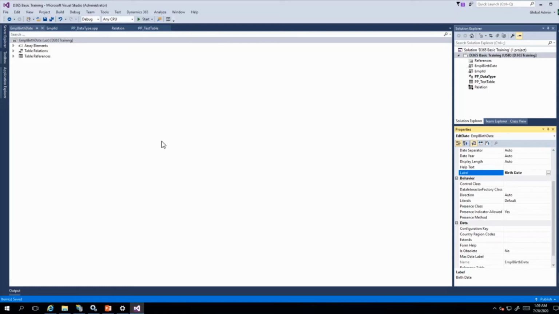It is very easy to read code if you use the EDT. Instead of int, I have created employee ID. Instead of date, I have created empl birth date. Now I can use this EDT wherever I need it in my program. Let me create one more EDT that we may need in the program we are going to write in our next class. That is the pay elements.